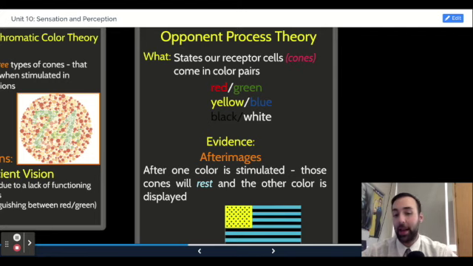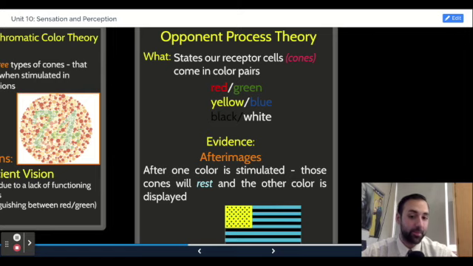One of the best ways of identifying the possibility of this theory is through the evidence known as after images, or the after image effect. There's this interesting phenomenon where it seems to be the case that if you stimulate the cones for one of those color pairings long enough, meaning you essentially stare at something,